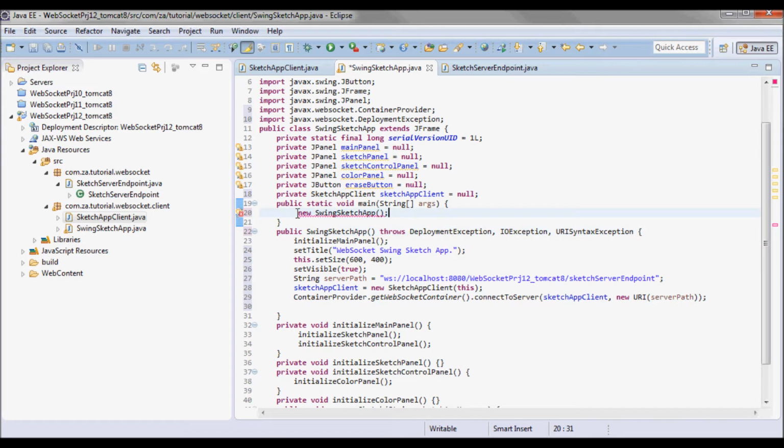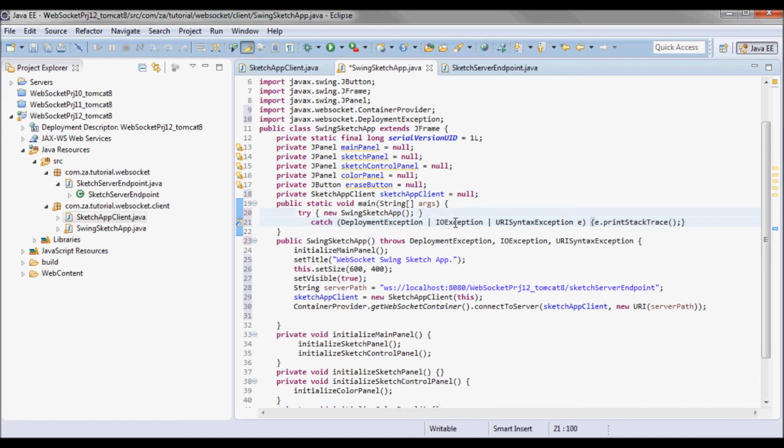So let's go to main and do a try catch and pick up the deployment exception, IO exception, and the URI syntax exception, and I'll just do print stack trace.